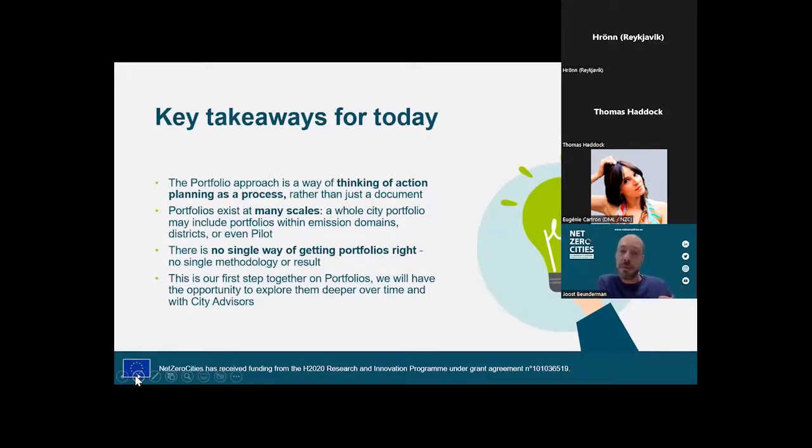And what we don't want to suggest here is that there's one single way of getting portfolios right. This is not about imposing a particular methodology. This is about that way of thinking, where really the core of it all is connecting actions, but also connecting people, connecting the actors in the municipality and beyond